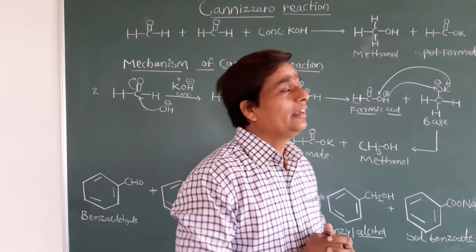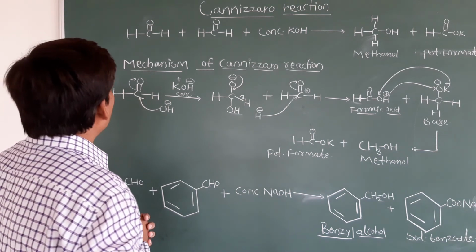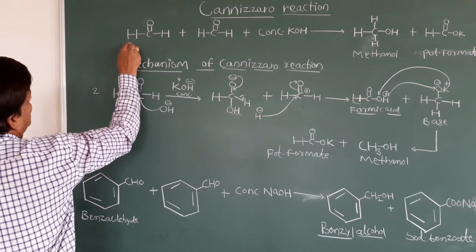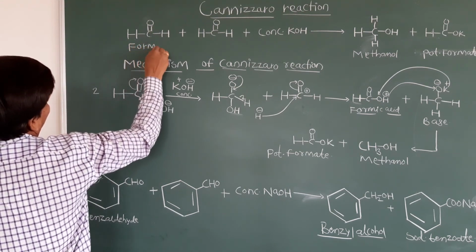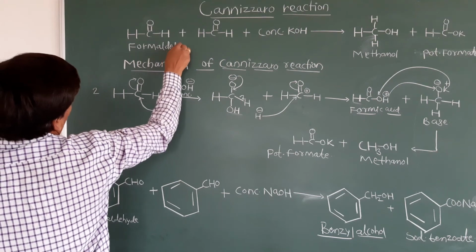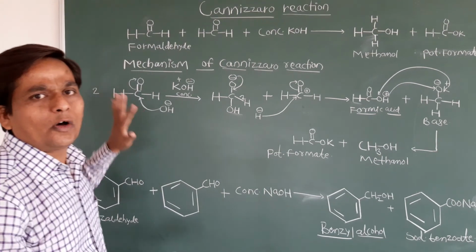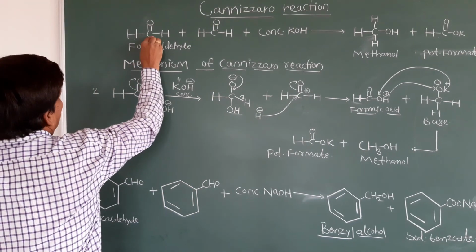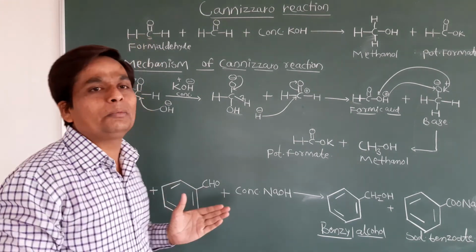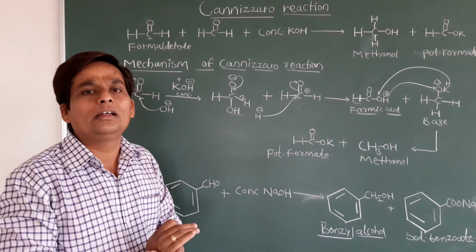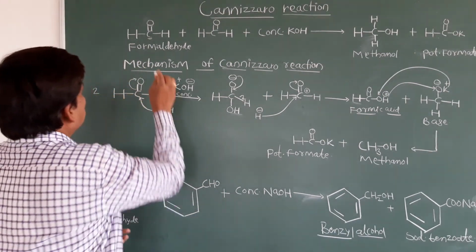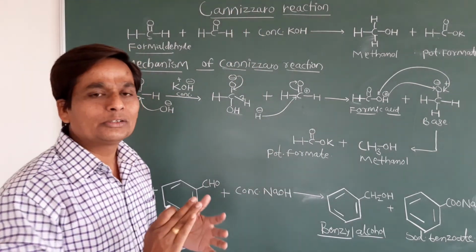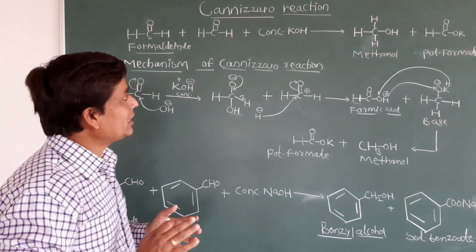So students, just see here, I am giving one example. This is formaldehyde, HC double bond O, H. What is the name of this, students? This is formaldehyde. Just check in this formaldehyde whether an alpha hydrogen atom is present or absent. This is your carbonyl carbon, and there is no next carbon, so obviously there is an absence of alpha hydrogen atom. That means this formaldehyde undergoes the Cannizzaro reaction. So this is a very important naming reaction. Just check it in detail.